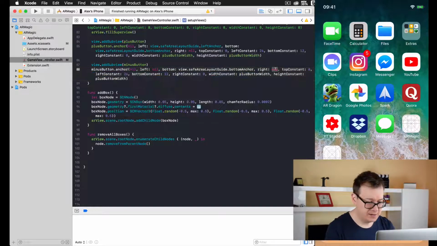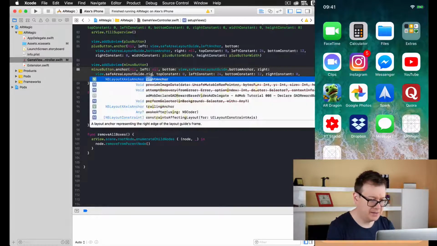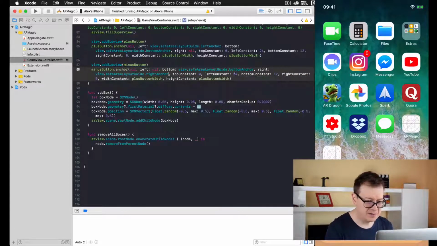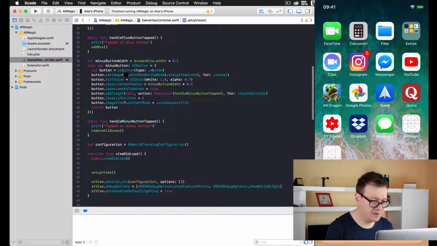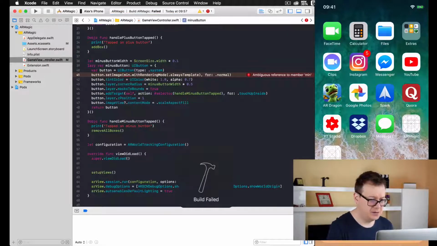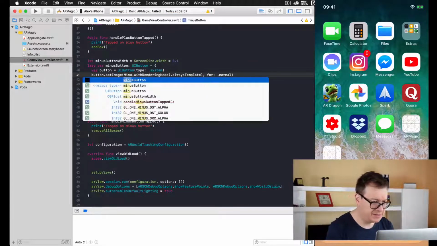And for the right anchor, let's paste that in and change the left anchor to the right anchor. Okay, left constant should be 0, of course, and right constant should be 24. And one last thing to change that I have forgotten is to change this minus buttons to the